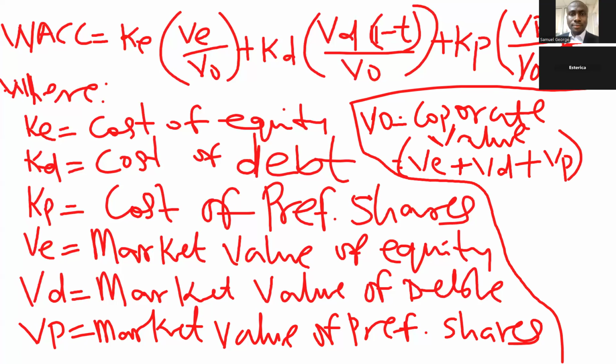So this is how we calculate weighted average cost of capital. From the side of debt, starting from KD, VD, KP, we have discussed that one. We're talking about debt analysis. Our focus here, VE, we are going to talk about when we're talking about business valuation. Our focus here is KE, which is cost of equity. Okay. So in calculating cost of equity, KE,